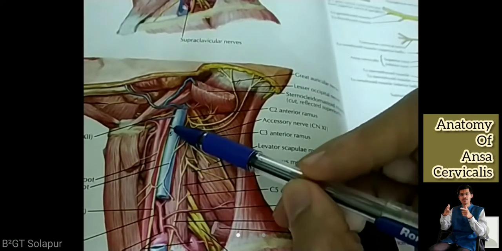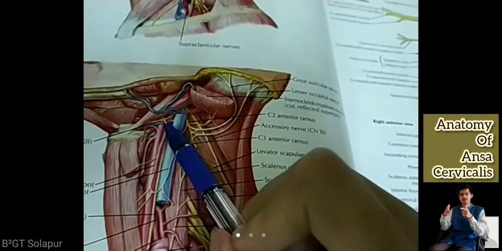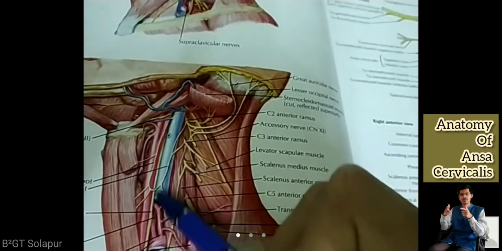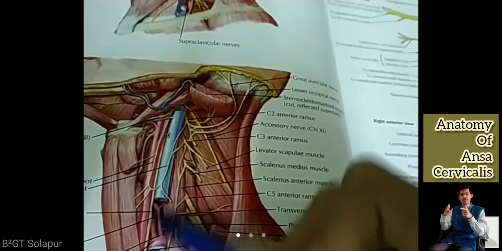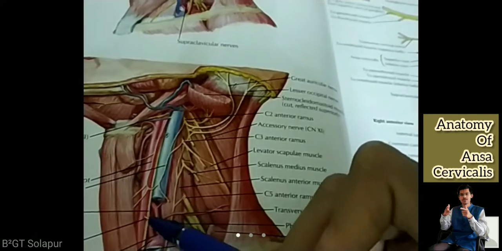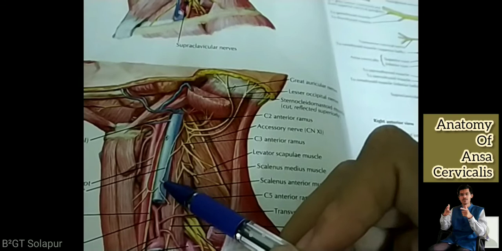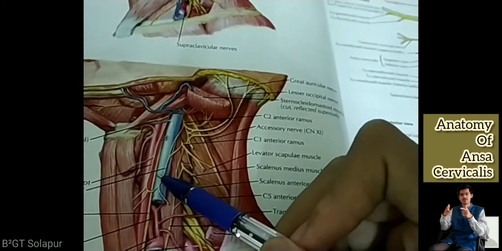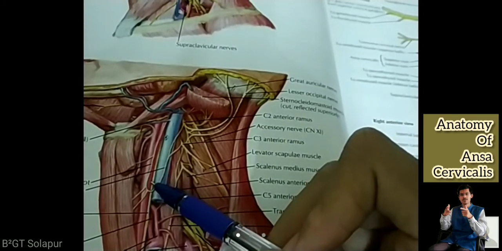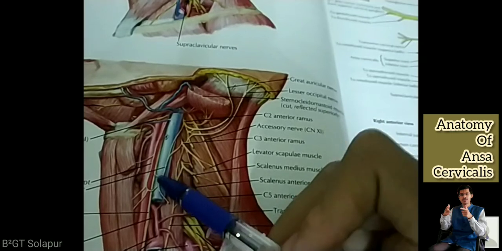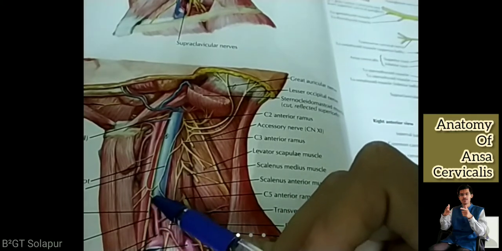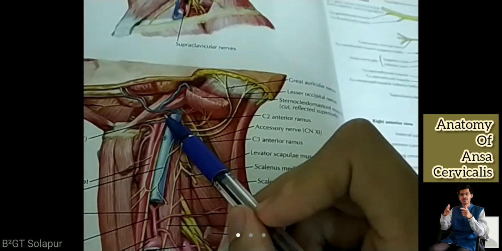Okay, and this is going. And here, if you see, this is the hypoglossal nerve. This is the vagus nerve. Can you see this? Vagus nerve, which is a content of the carotid sheath. That is why it is present with the other contents of the carotid sheath. That is the internal jugular vein and common carotid artery. Now, the vagus nerve is with them. We have nothing to do with the vagus nerve right now. This is the hypoglossal nerve.